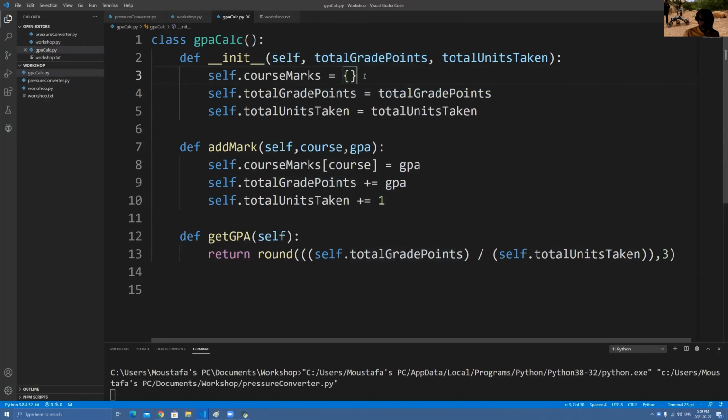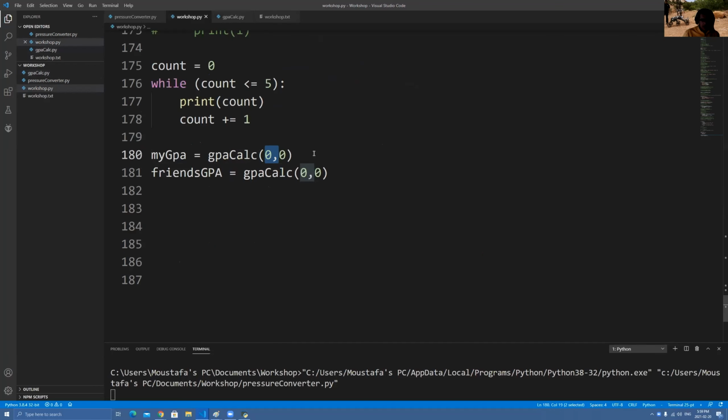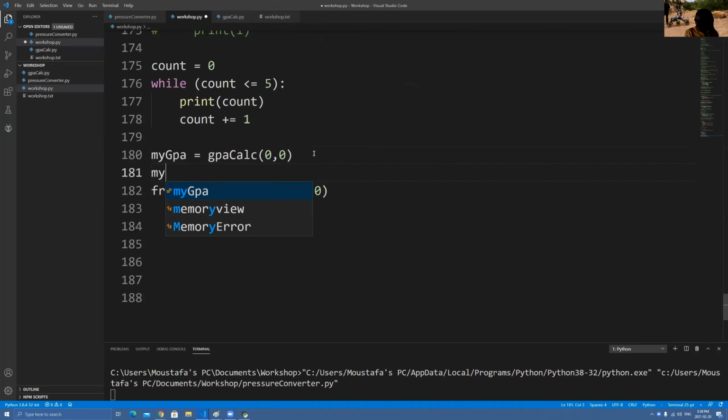And here I just have a, you don't even need this actually. I'll delete it because I didn't use it. Wait, actually, do I need it? Course marks. No, I did use it in the end. Okay, never mind. What I could do is this. So see, I have another function, and it's going to end very soon. This is like the last thing I'm teaching. I said define add mark, and this add mark is another function, and I give it a course and I give it a GPA. So I could go here and I say my GPA